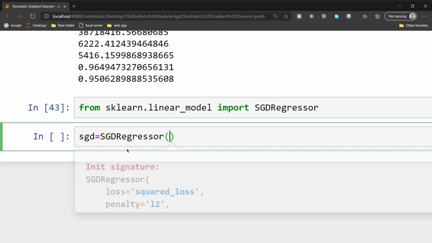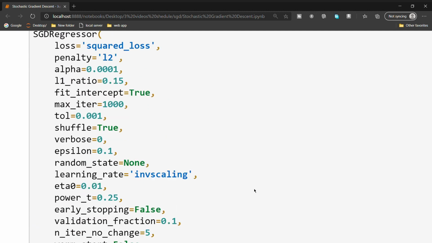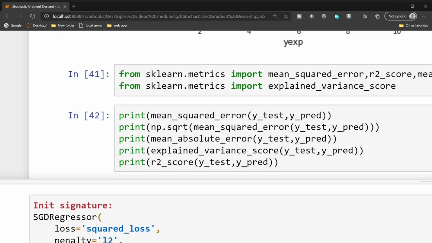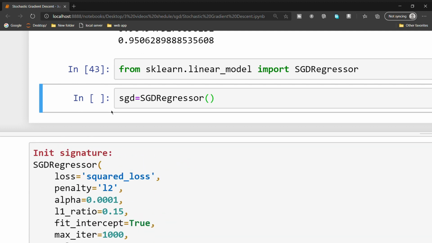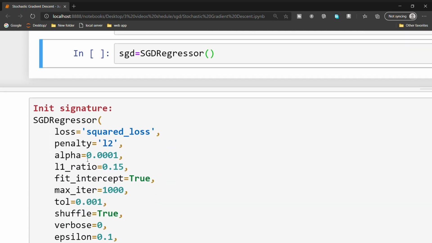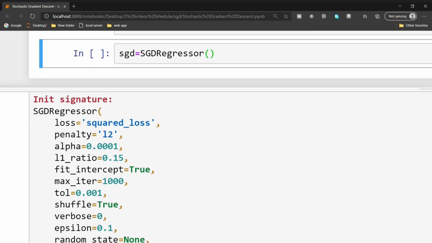Here I want to say something. There are some parameters here. One is loss, you can change the loss. You can keep the penalty. Here penalty means regularizing the model. Don't worry about this parameter now, I will explain it in more detail in the upcoming videos, because there is an order and I'm going through it.